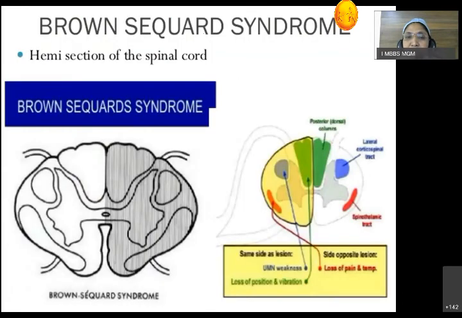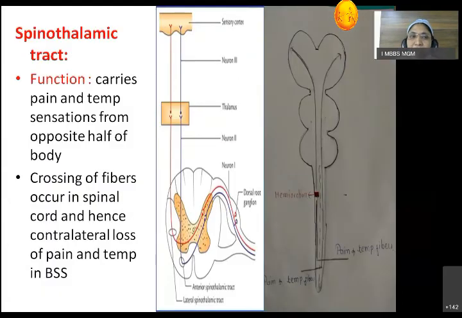But why is this so? First, we will discuss the pain and temperature pathway. Now, in the pain and temperature pathway, we have seen the first order cell bodies of the first order neuron are present in the dorsal root ganglion. Central processes enter the posterior gray horn. They relay, and the second order neuron arises, and they